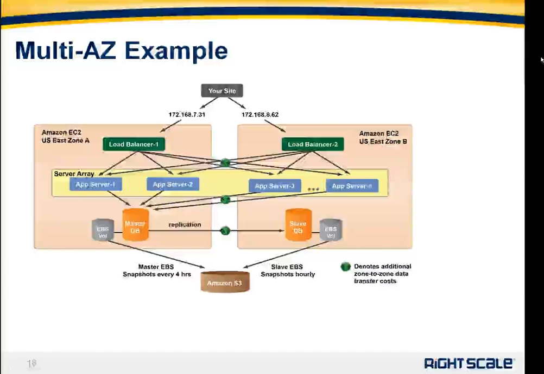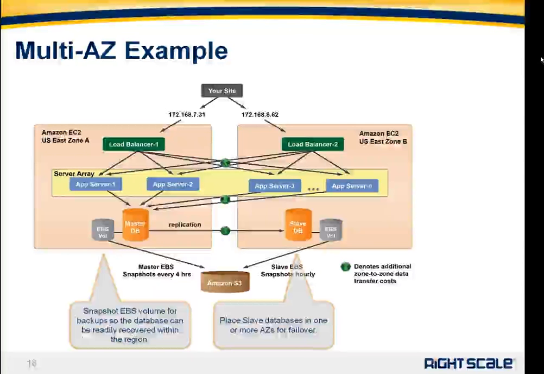To simplify the picture here, we only have 2. US East actually has 4 AZs, so the way that we standardly set this up would be to have the application servers scale across all 4 of those availability zones. Also, you'll see you have a master and a slave in different availability zones, and Joseph talked about that as well, that we had multiple slaves running in multiple AZs, and we chose the one that we thought was the least impacted when it came time to do our promotion. Now, you'll notice that by default, we snapshot the master every 4 hours and we snapshot the slave every hour. That's so that you can hopefully easily recover any data within that region.